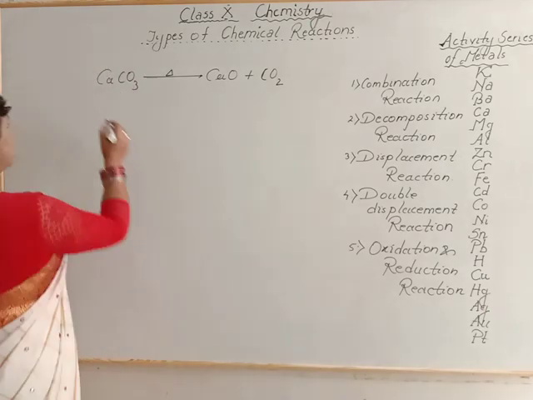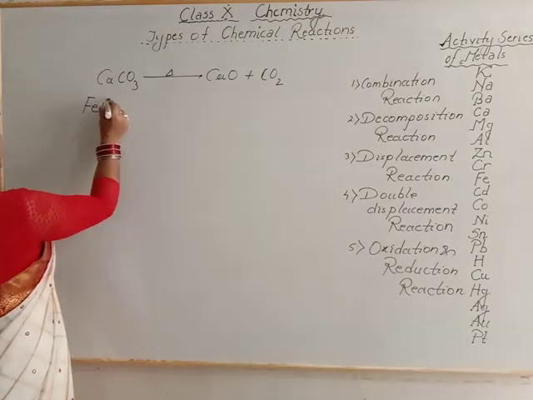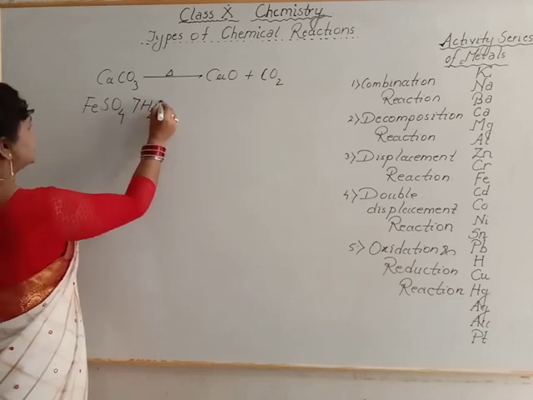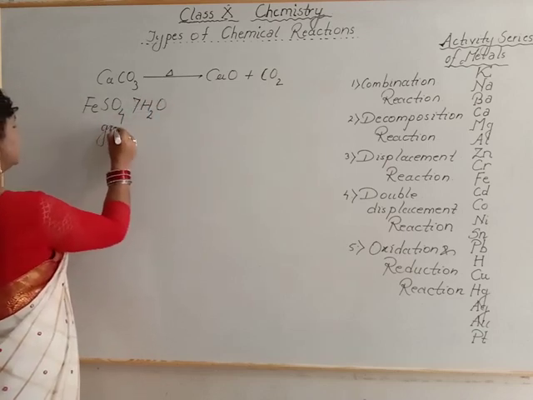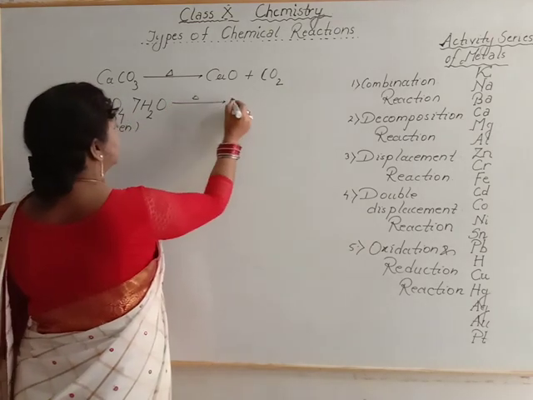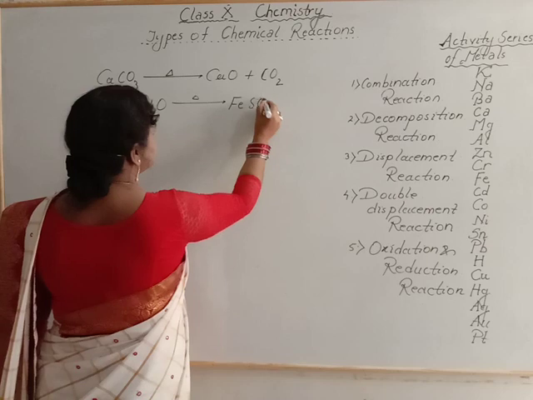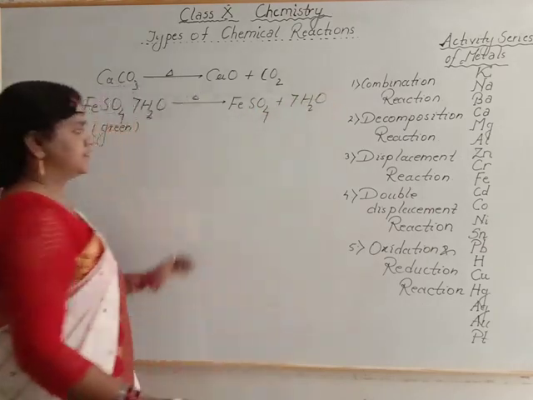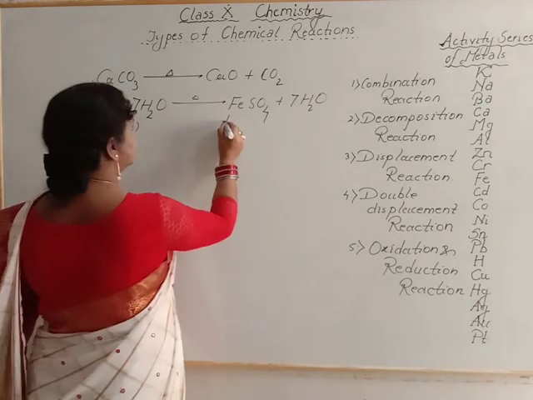Okay. Next you can see ferrous sulfate, FeSO4.7H2O, which is green in color. So what will happen? When you heat it, you will get FeSO4 plus 7H2O. Water is separated. Now this is dirty white